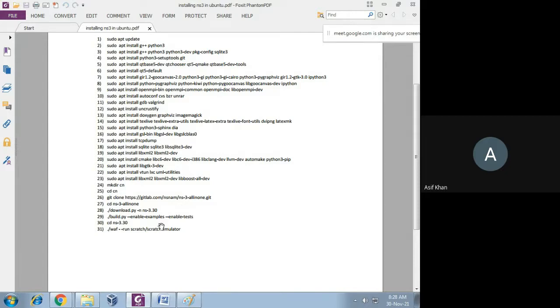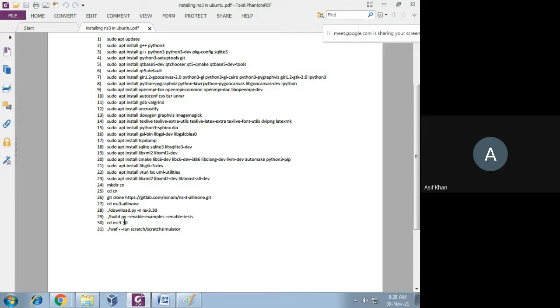This package consists of several existing protocols and example programs of networking. So we have to enable them. You have to enable all these examples and tests. How to enable? We have to use the build command.